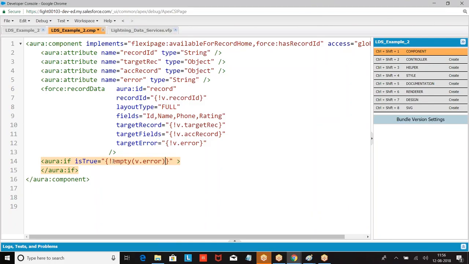If error is empty, there are no errors. If there is no error, error will be empty. When there is no error, no need to print this message. When there is an error, I want to print it. So what should I do? Not. Well, error is not empty. Then print the message. What is the message you want to print?